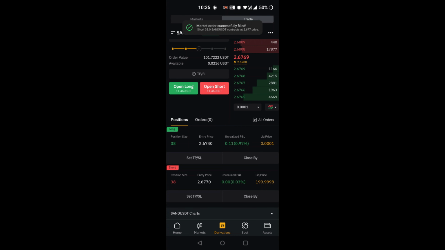So both will be opened at a time. Here you can see the unrealized profit and loss, that is our profit. If the price goes above or below the graph, you can get profit. Let us see what happens. Here you can see the green is showing 2.3 percent, which is our profit. So here it's $1 profit.